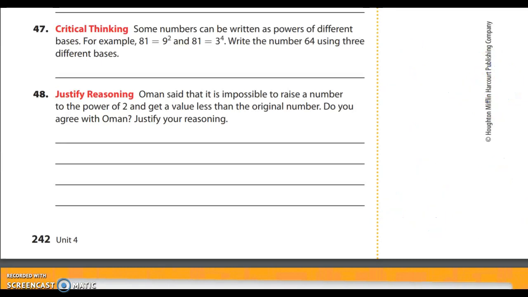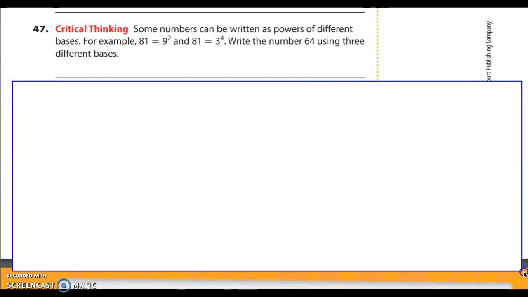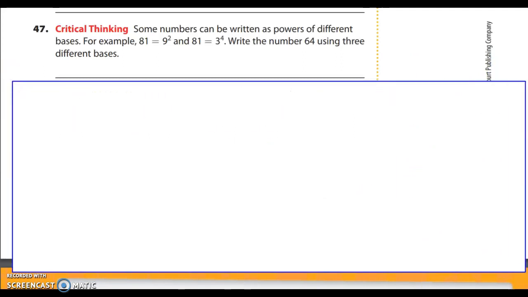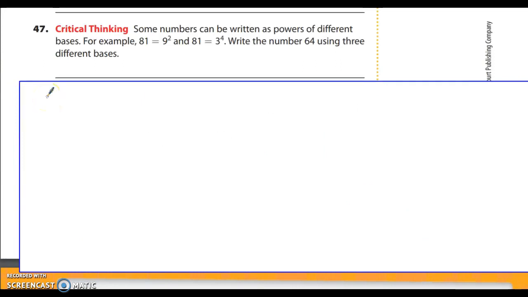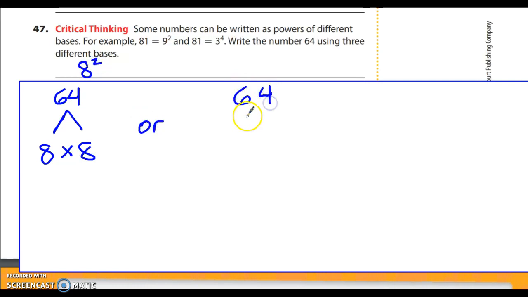So I'll show you how I would do that. I'm going to use a whiteboard here. And it says to write 64 3 different ways, which may be challenging, but we'll figure it out. So 64 could be 8 times 8. So that looks like this, 8 to the second power. Or 64 could look like this, 8 times 8,